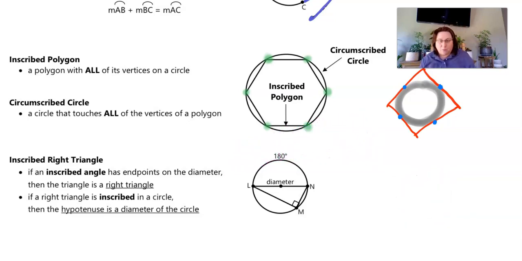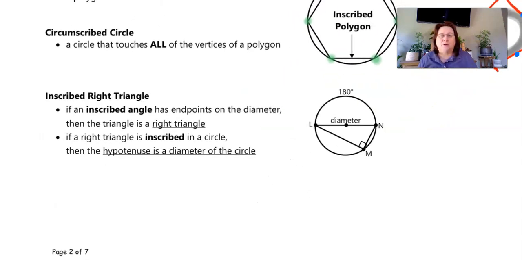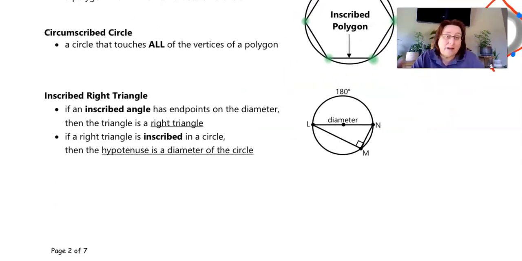Now we also have what's called an inscribed right triangle. So guys, if you have a right triangle that is created right here by the hypotenuse is the diameter, then what is always, always, always true is that the arc that it creates is 180 degrees. So I'm gonna backtrack for just a second. Does this make sense? Hey guys, look, this angle is on the circle. It comes out and it creates this arc, doesn't it? Do you guys remember I said an inscribed angle has a relationship or measurement with the